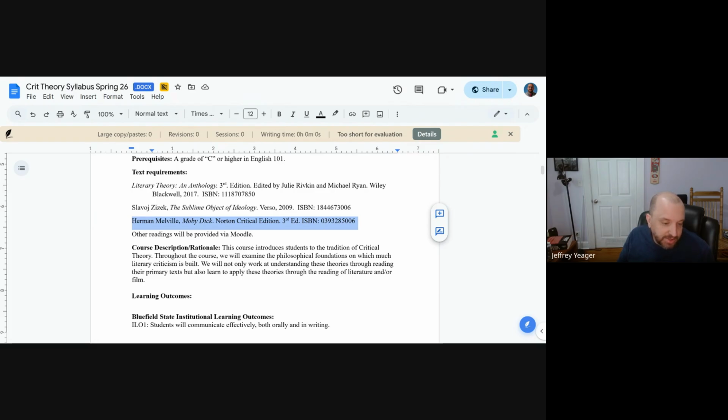And you guys will actually be doing your research projects on Moby Dick. You'll be doing a reading on it using one of the main critical theories that we will look at. So yeah, hopefully you enjoy Moby Dick. I thought about giving you more freedom to write about something of your choice, but I figured if I was going to be a good teacher and give you good feedback, I probably needed to do it on something with which I was familiar. So that was my main reason.